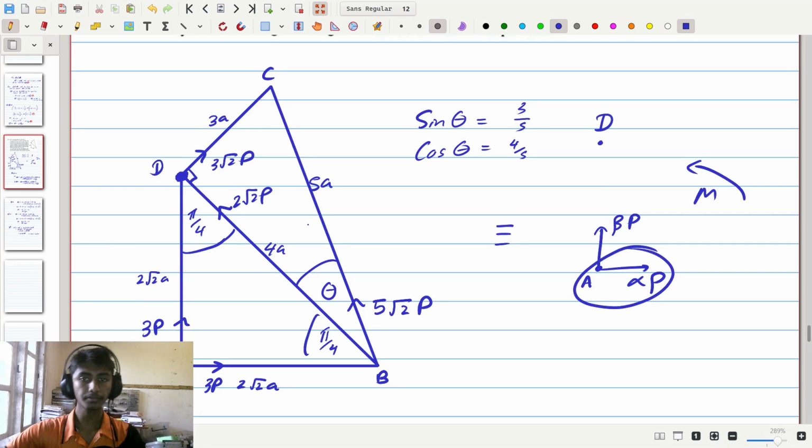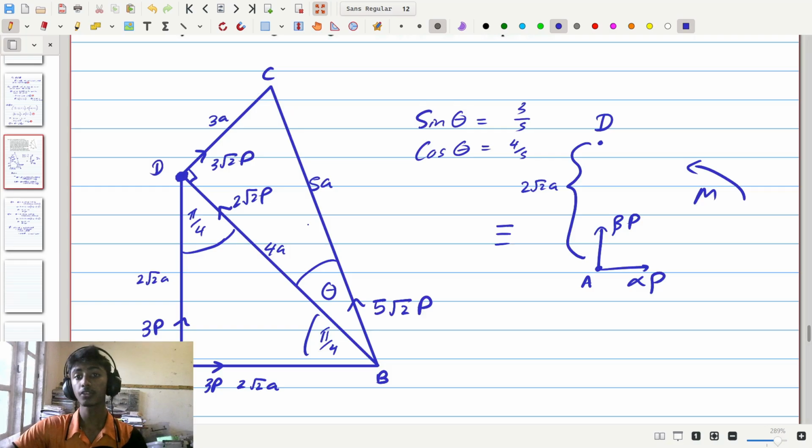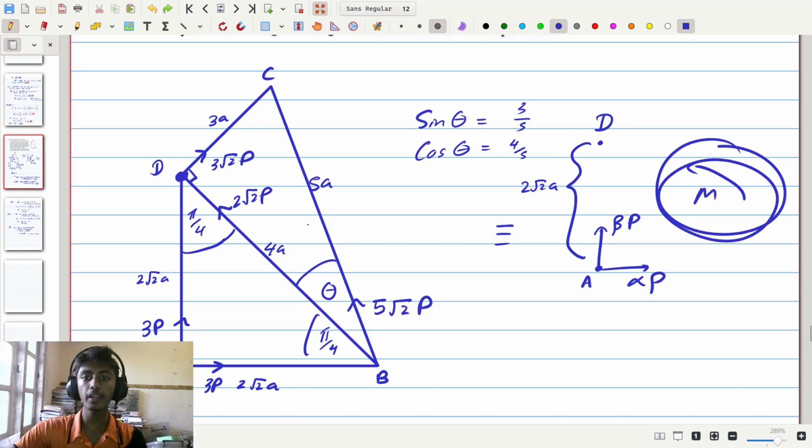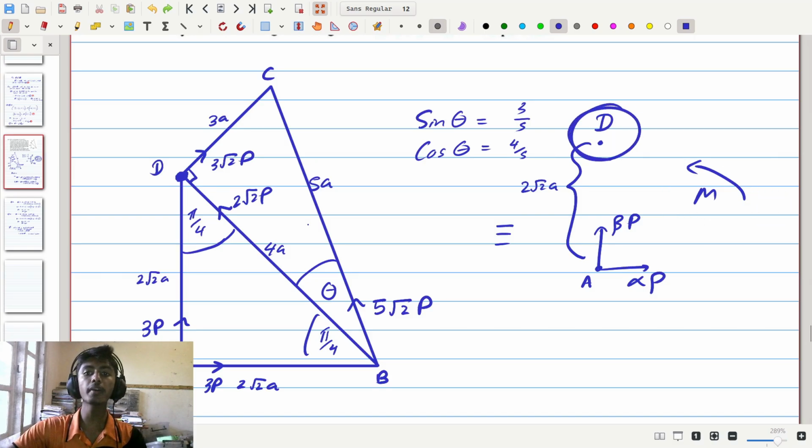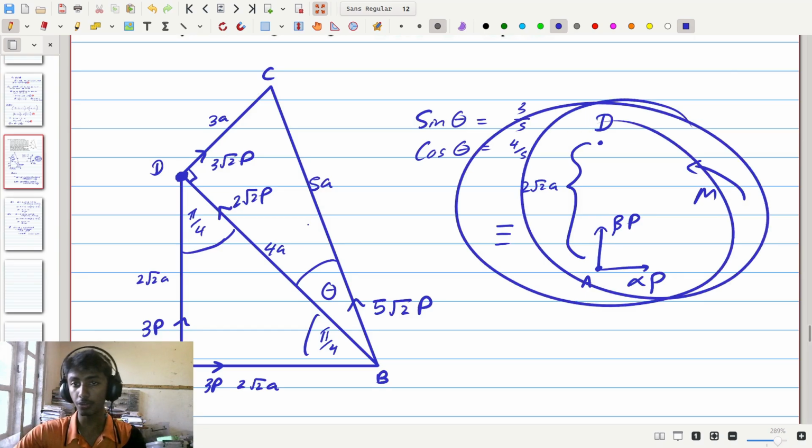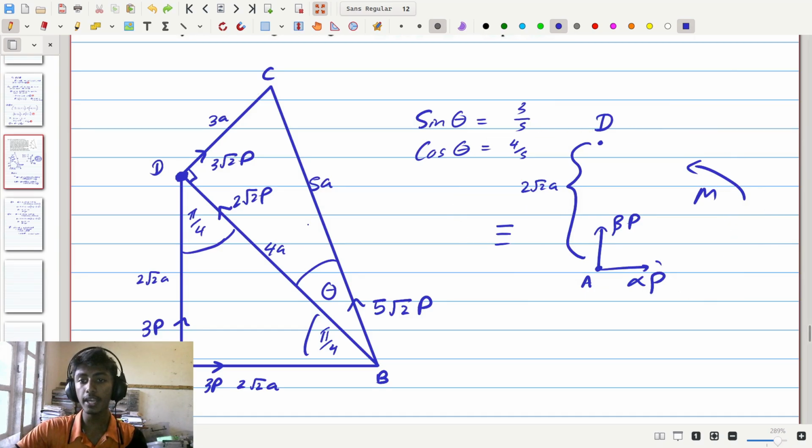to alpha p. Now to find that moment, we need to consider the distance between D and A, and we know that distance to be 2 root 2a. So therefore, the moment through the point D in the anticlockwise direction due to alpha p is going to be alpha p times 2 root 2a. Now additional to this, there's another moment that is there globally, and that is the moment m. So due to this, the total moment around the point D in this system of forces is going to be 2 root 2a times alpha p plus m, and that moment should be equal to the moment that we found